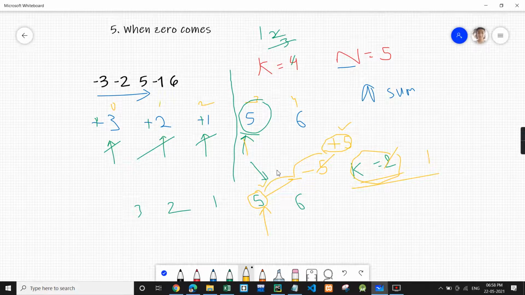So basically the conclusion is that once we come out of the loop, once we encounter a positive value, we will check if the value of k is even. It means we need not do anything further, because an even number of modifications will result in the same thing. Hence we can just calculate the sum of the entire array, and that's all. So what will be the sum? 3 plus 2 plus 1 plus 5 plus 6. So the answer will come out to be 11, 12, 14 and 17.